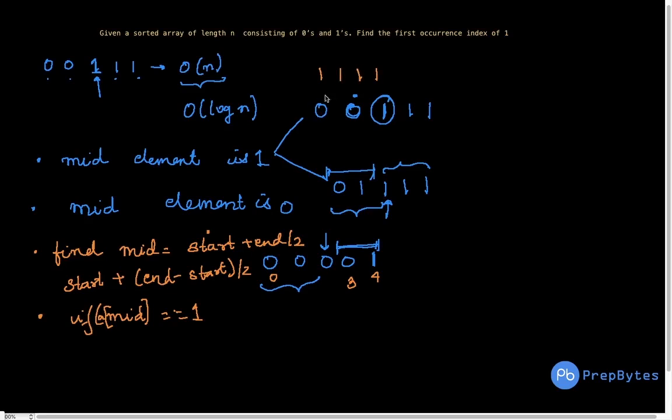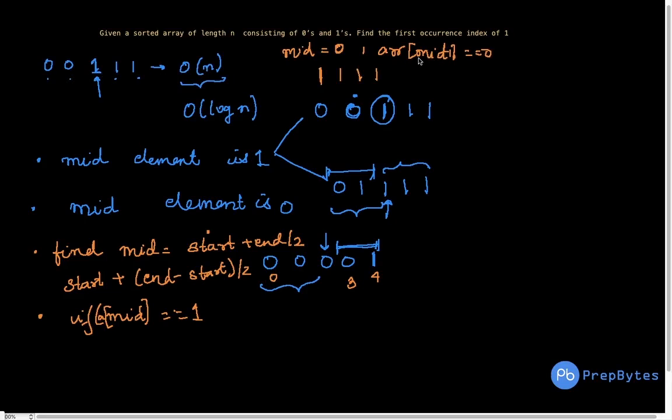In that case, we will come to a place where our mid becomes 0. In this case, if we check that arr of mid minus 1 should be equal to 0, we will get a runtime exception,